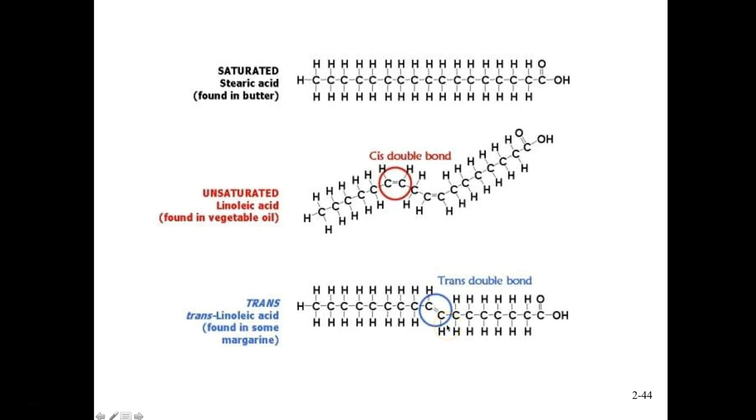So those aren't so terrible for us, but the artificial ones that we create, like in margarine or vegetable oils, they have a double bond in here, and the trans term tells us that these hydrogens are angled in opposite fashions from one another, whereas in an unsaturated fat where we have a double bond here, the cis fashion tells us that the hydrogens are both on the same side. So still not the best always, but the trans fat is definitely worse for us in causing cardiovascular diseases and